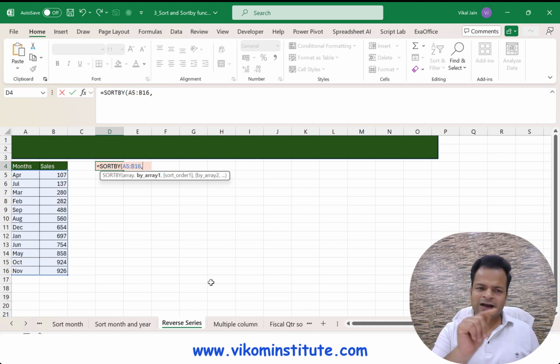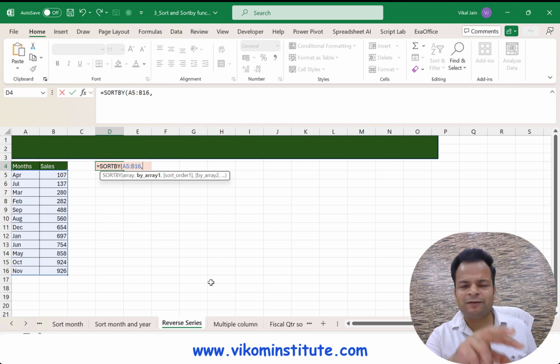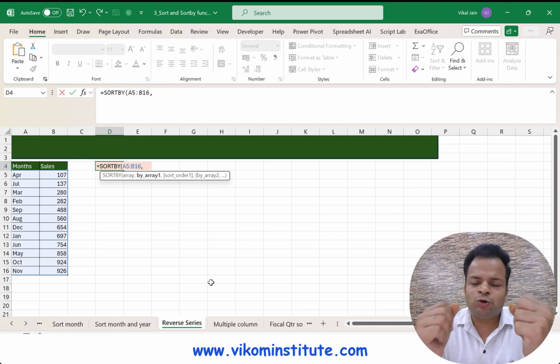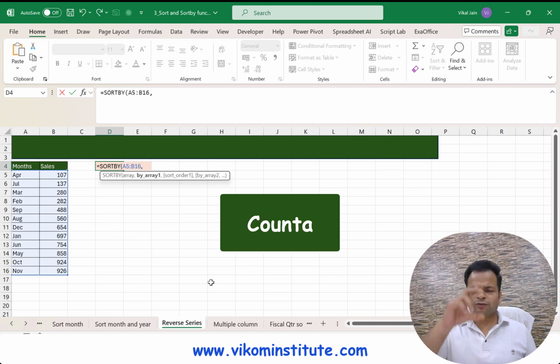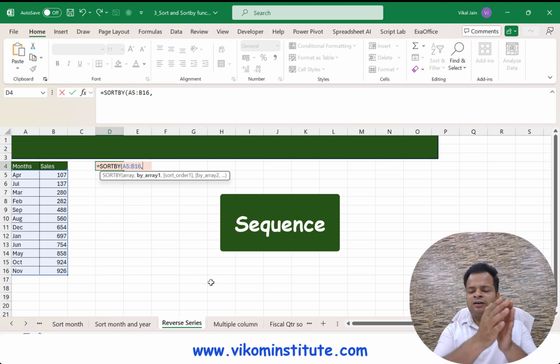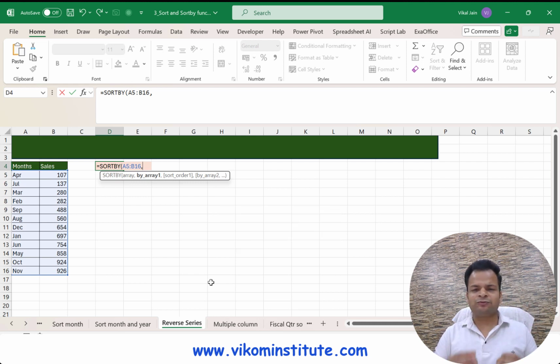Now here I know that we have already 12 months available, but what if we don't know? Then we will use the COUNTA function to count the number of rows. Then we will use the SEQUENCE function to build the numbers. So let's say if we have 100, I will use SEQUENCE 100, so it is going to build 1 to 100. But if you don't want to use those functions, we have one more alternative here, that is the ROW function.